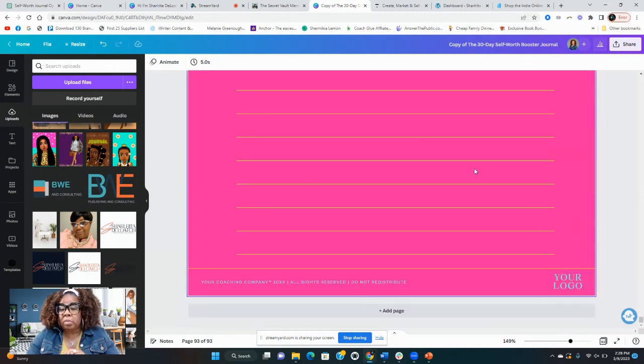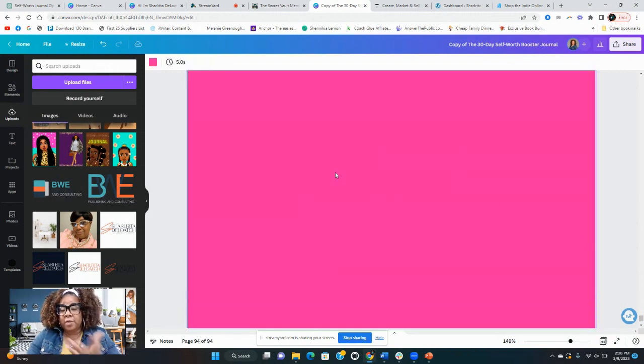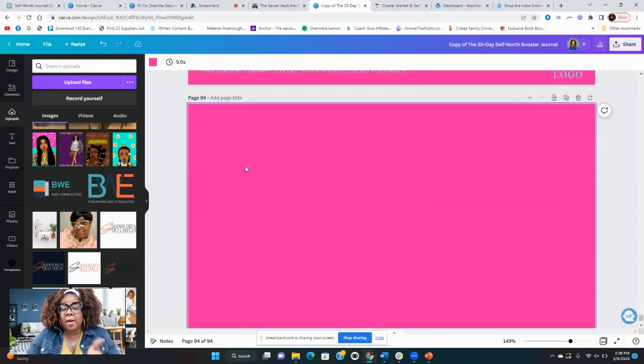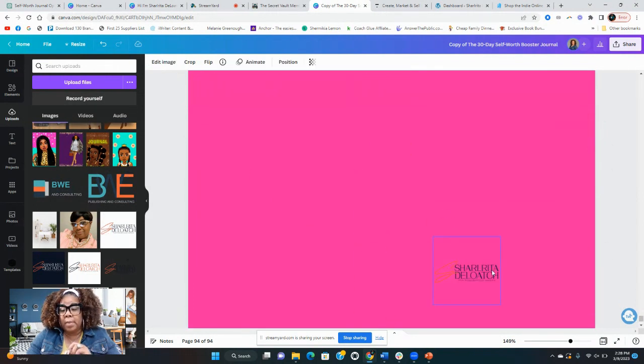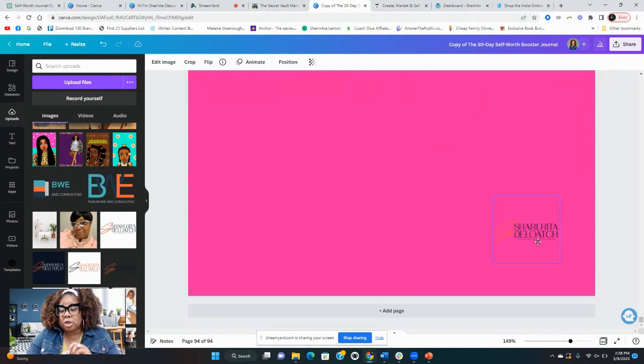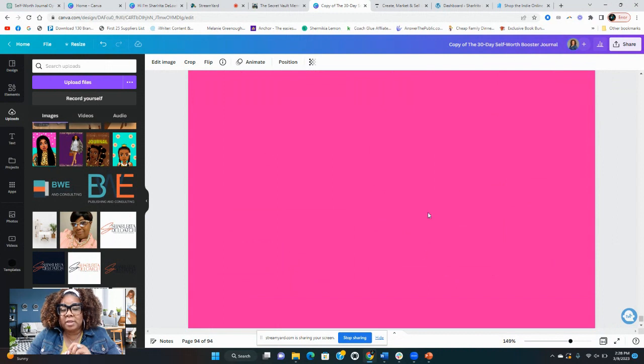Okay. This is not going to be the back of the journal. I would just add another page of the color that you have, and you can put your logo at the bottom, and you can put your logo maybe somewhere here, put a synopsis, put your picture on the back, and like I said, put a quick synopsis. You have to make the back cover because it needs to be a back. With Amazon, you have to put them together,